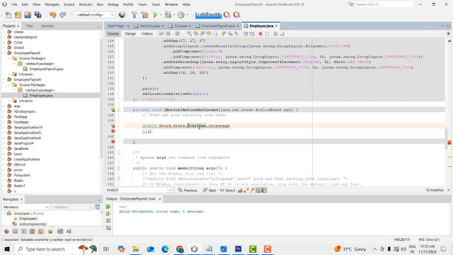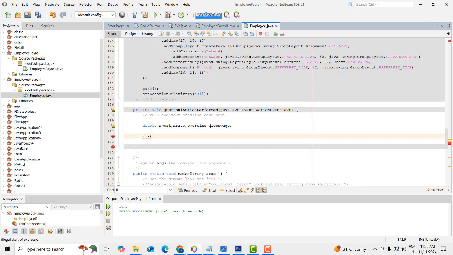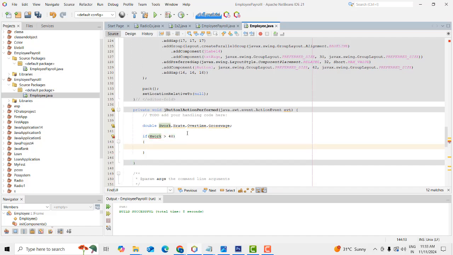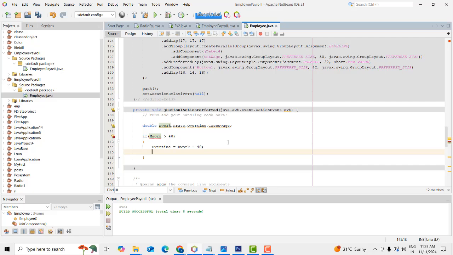These are the variables. If our work is more than 40, we have to write overtime. This overtime equals our work minus 40. Gross wage equals